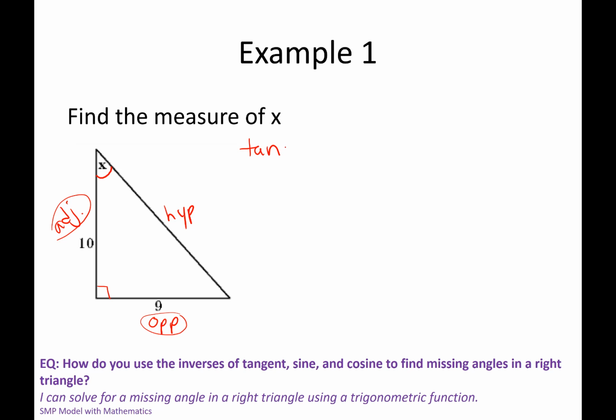So I'm going to write my regular trig function, which would be tangent of the angle x equals opposite over adjacent. So tangent of the angle equals opposite over adjacent. Then to do the inverse trig, I'm going to say tangent inverse, and I switch the angle and the ratio. So now it would be 9 over 10, and then equals x. So to solve this,